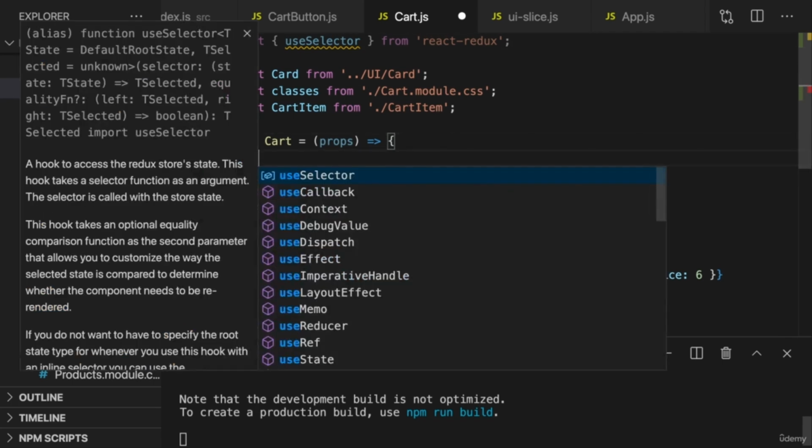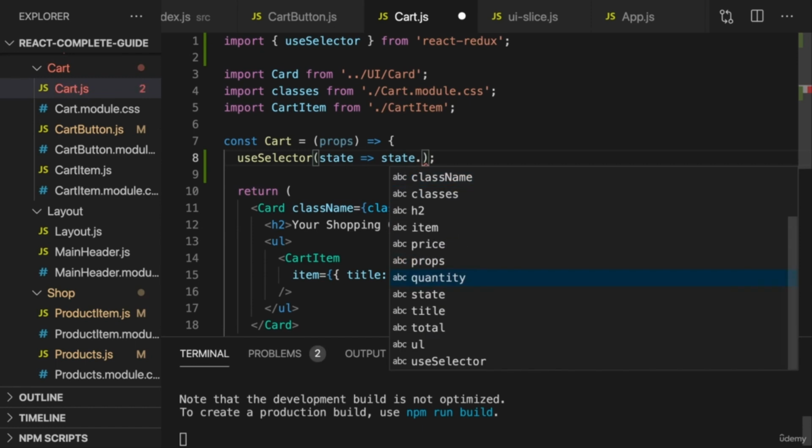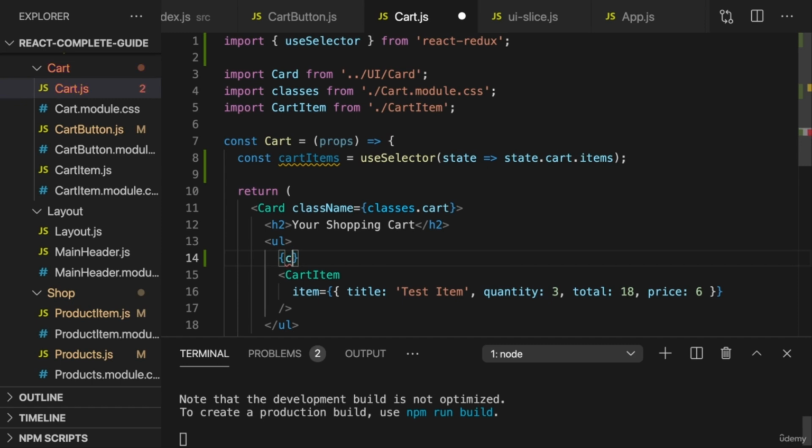And then here call useSelector and access state.cart. And then there dive into our items because we want those cart items like this. And then we can output them here. We can map our cart items